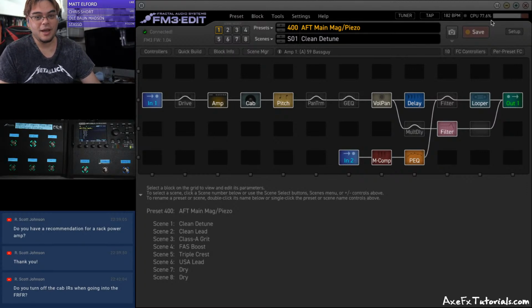I'll give you an exception for not using an IR on a full range speaker. Clean tones. You can get away with clean tones with no IR. Because there's no distortion and breakup, the cabinet doesn't need to be there to sort of calm those down. If you've ever had a full range speaker and turned off the IR, it just sounds so brittle immediately. There's no low end. It's just very fuzzy and fizzy. The guitar cabinet's a big part of the sound, so you want that on. But with a clean tone, since there's no real distortion going on, because it's clean, and I mean actually clean,